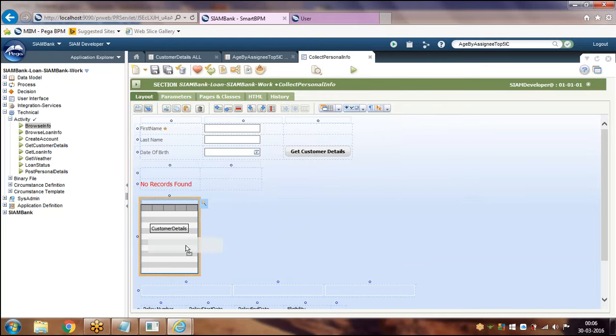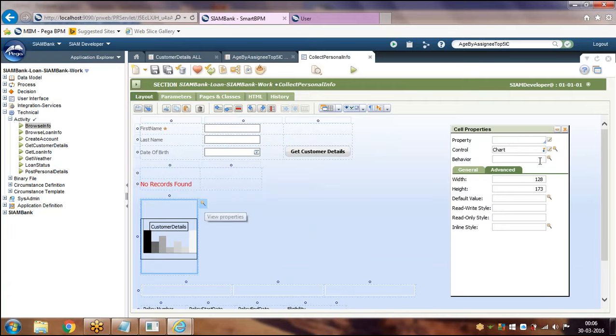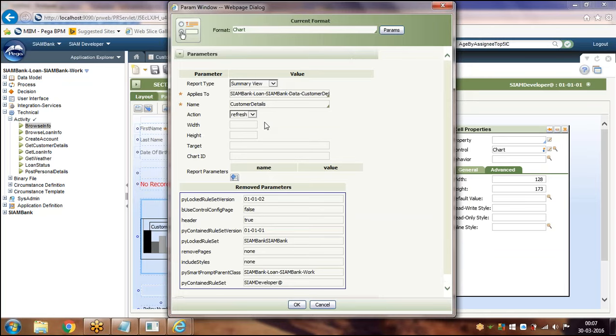Chart is a control to call the list view in the UI. See here, the class where that list view exists, you have to pass. I am calling an existing list view.